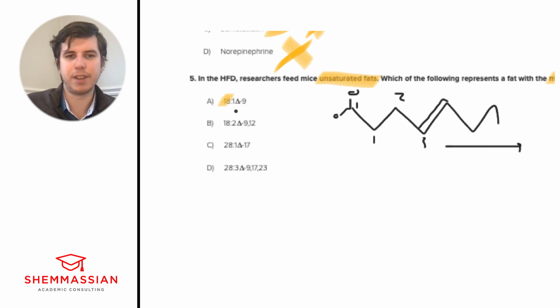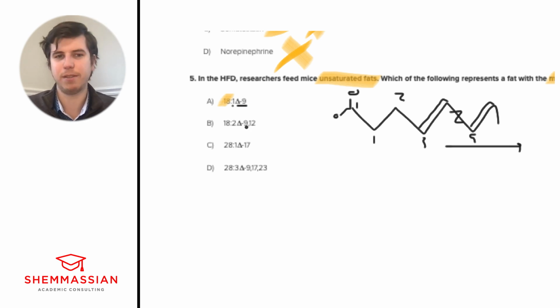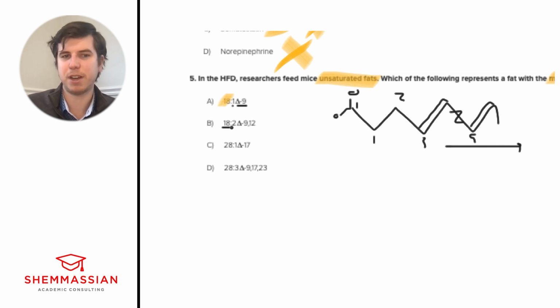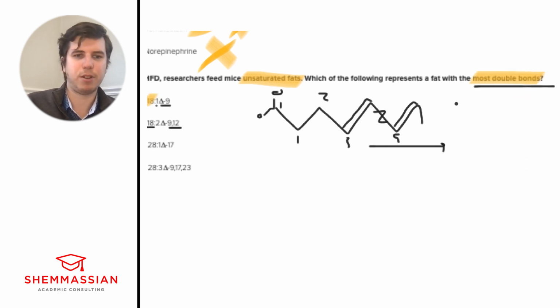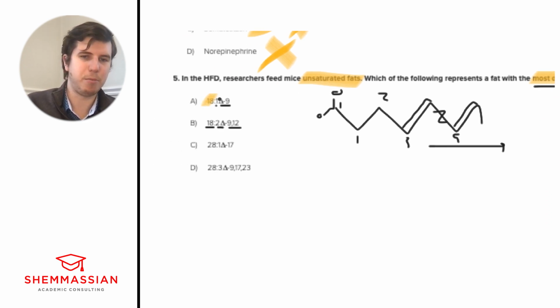And then the delta 9 tells us where our double bond is. That's going to tell us after number 9. If we pretended we skipped a few, and this one was number 9, that's where our double bond is going to be. And the number right before the delta tells us how many double bonds we have. So 18:1, delta 9 means we have one double bond at position 9. Then B is 18:2, delta 9, 12. It doesn't really matter how many carbons or where they are, not for this question, because we're just trying to pick the most double bonds. So we got 1, we got 2, and we know 2 is more than 1,